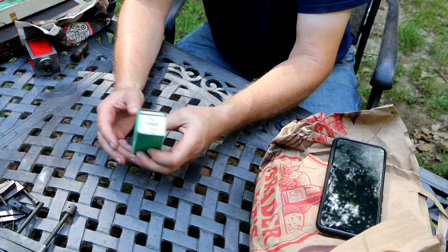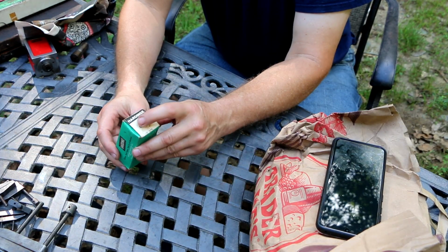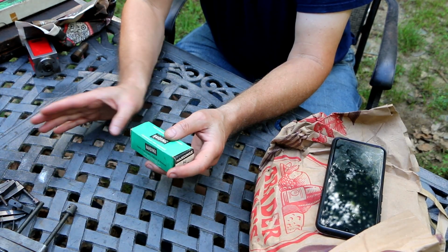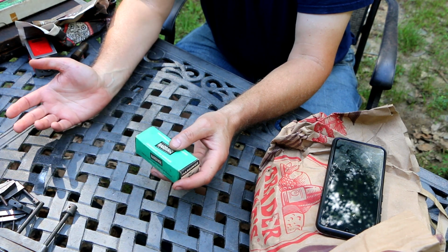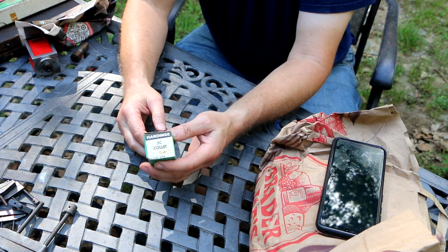He had two hardened collets brand new in the box. This 5C and the R8. He wanted to keep the R8. He decided to take that out of the sale. He realized that he should be keeping it for himself, but he was willing to sell me this one for